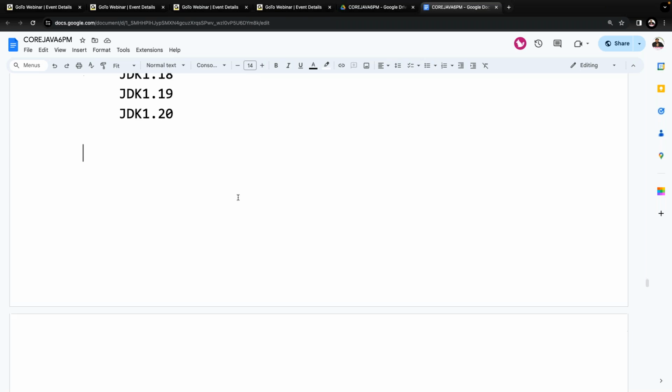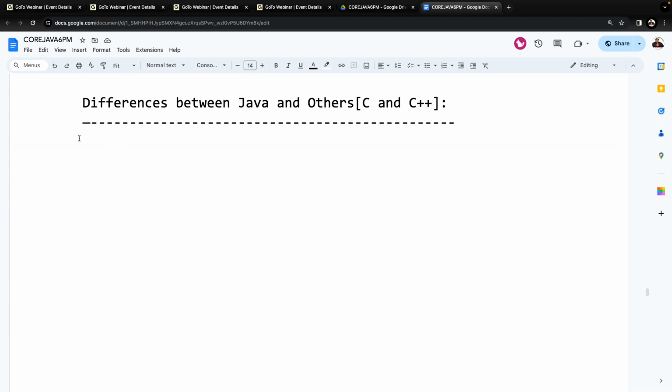That's clear. Shall we move forward? After completion of this, the next topic is differences between Java and others. Why am I taking this particular topic at present? For example,